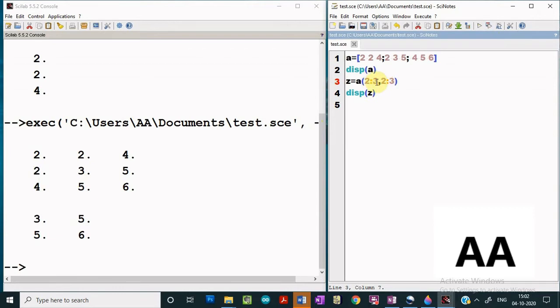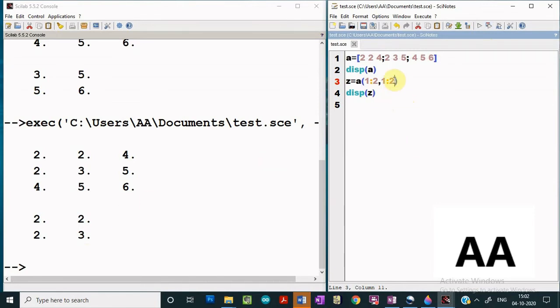For the row numbers the indices will be 1 to 2, and for the column numbers again it will be 1 to 2, and let us execute it again and see what we get. So we are able to access. So this is how you can access the submatrix out of a bigger matrix also.